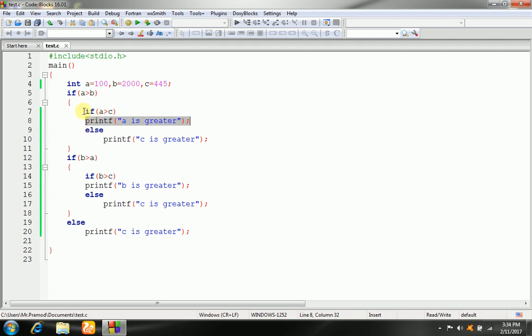Otherwise, the statement C is greater is run.